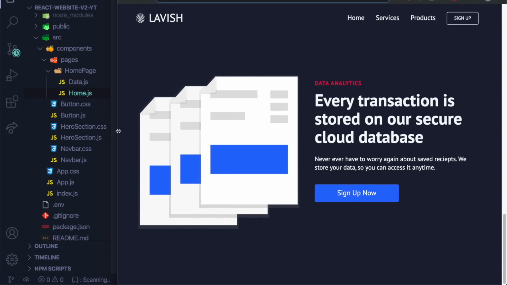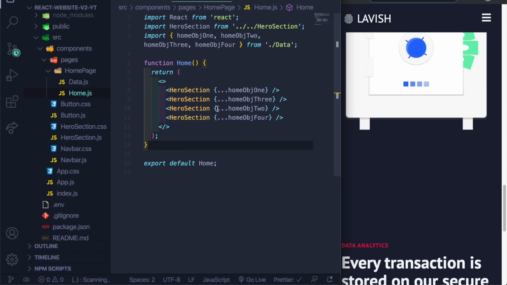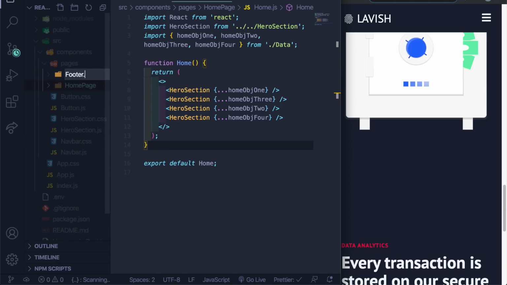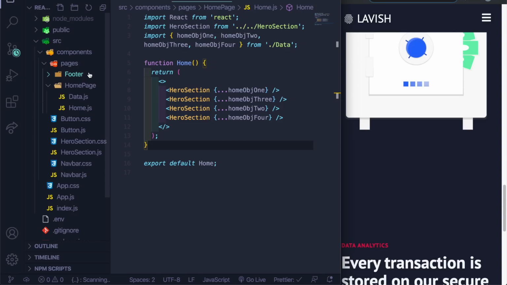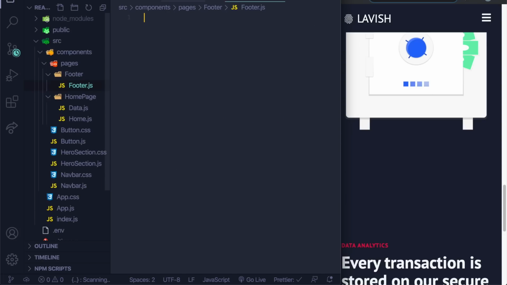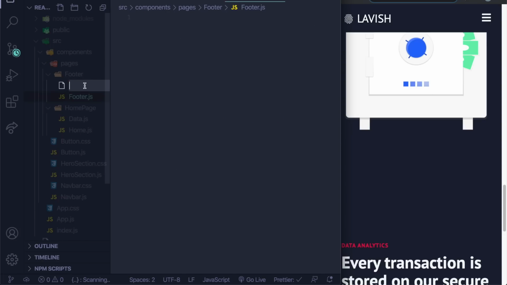So let's go over here, and let me just add the footer in for now, because I've already made a whole like step-by-step tutorial with the footer. So for this sake, I'm just gonna copy the CSS and the JS here, let me show you really quick. So just create a new folder in the pages, and just say footer, and then right click and say new file. I'm going to just say footer.js, and then also a new file,